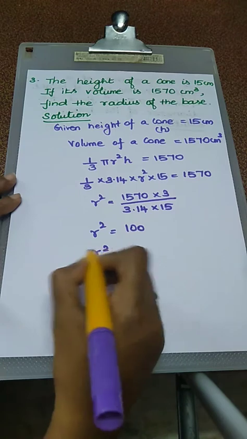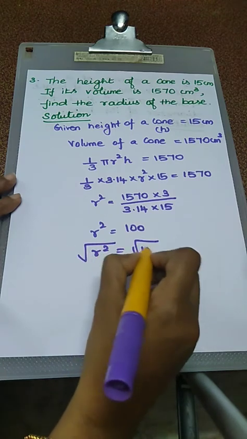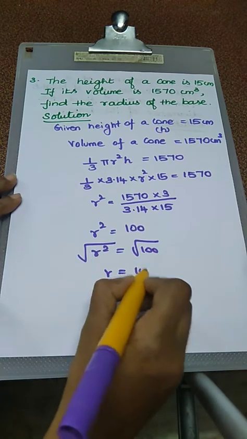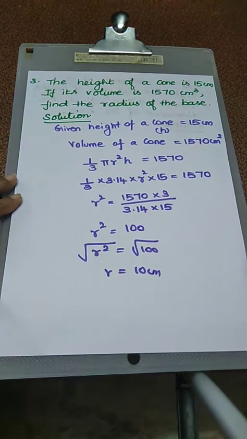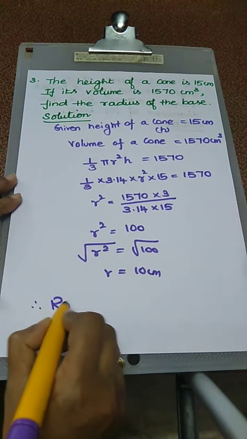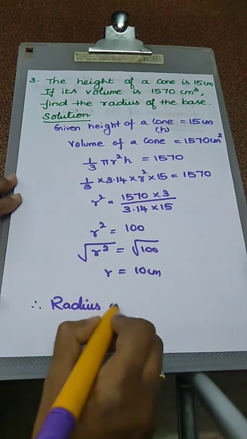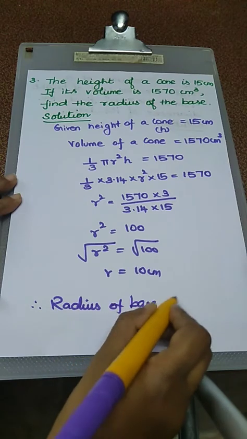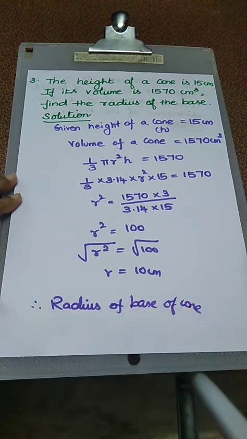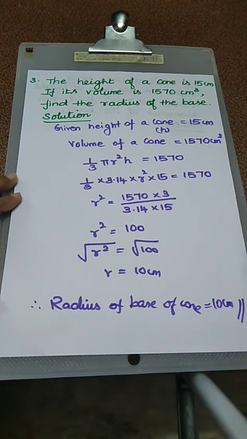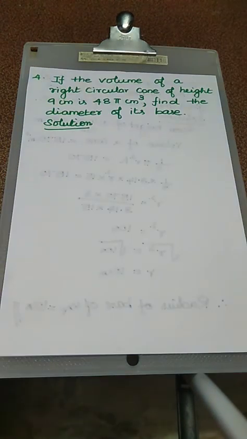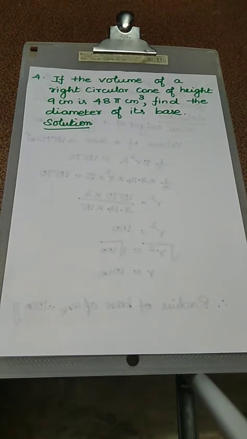Taking square root on both sides. So what is our r value? That is 10 centimeter. Therefore, radius of base of cone is equal to 10 centimeter. That's all. Fourth problem. If the volume of a right circular cone of height 9 centimeter is 48 pi centimeter